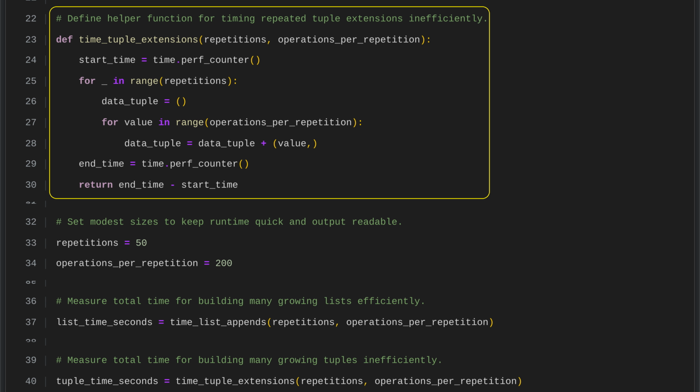This function measures how long it takes to repeatedly grow a tuple in an inefficient way. It starts a timer. Then, for a given number of repetitions, it creates an empty tuple and repeatedly extends it by creating a new tuple each time an element is added. Because tuples cannot be modified in place, every extension requires building a brand new tuple, which is slow. After all repetitions are finished, the function records the end time and returns the total time spent on these tuple